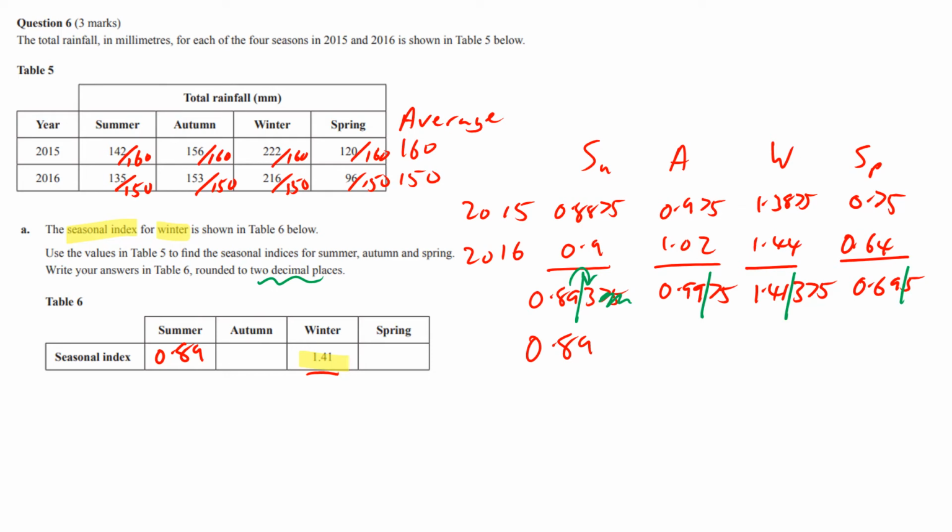Then let's look at the autumn, 0.997. So the 9 looks at the 7. Don't worry about the 5, it has to go up. So you'll actually get 1.00 because the 9 has to go up. So then the next 9 has to go up and then it overflows. Look, 100 is 1 more than 99. All right, so you get 1.00. And then spring, the 9 looks at the 5 and says you have to go up, to 2 decimal places. So you've got to make sure you say that, well, that was 1.41 by the way. 0.70, and yeah,